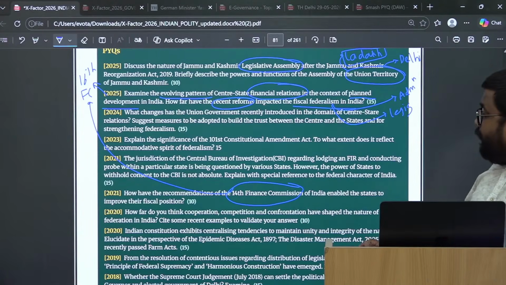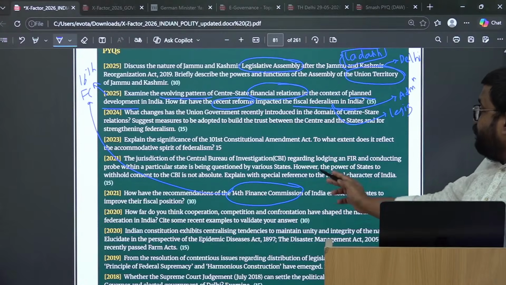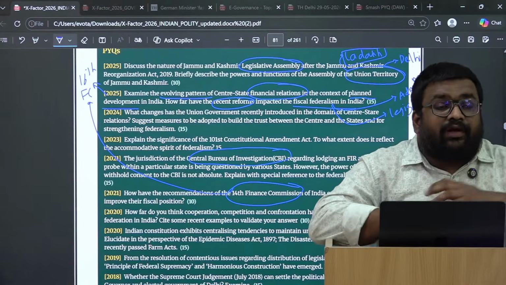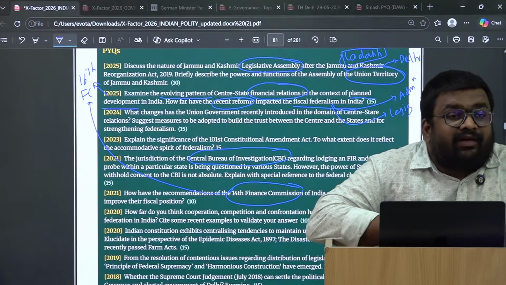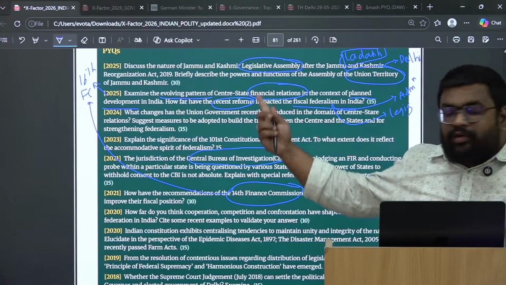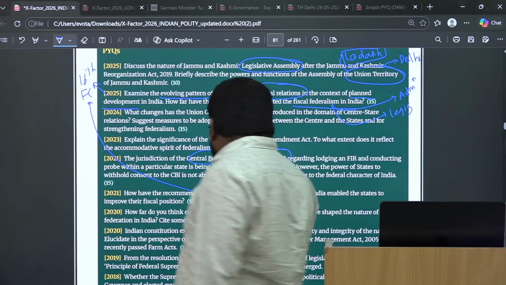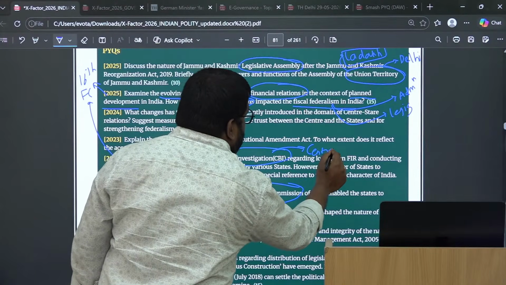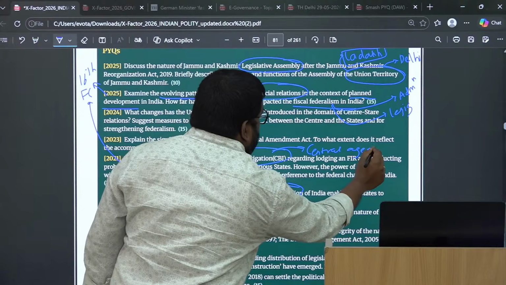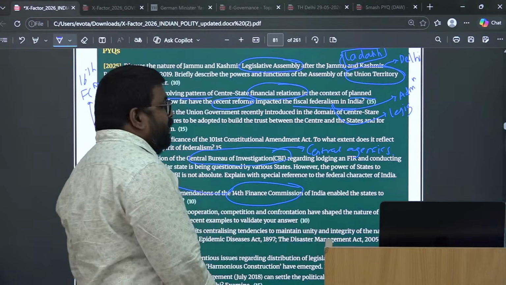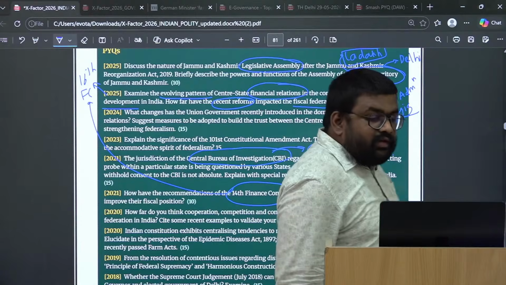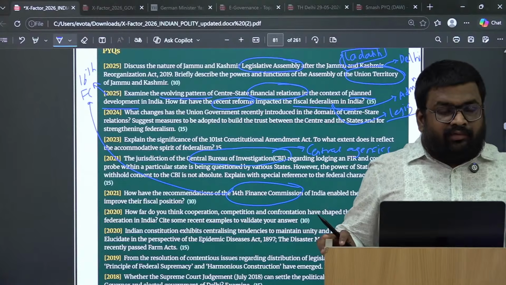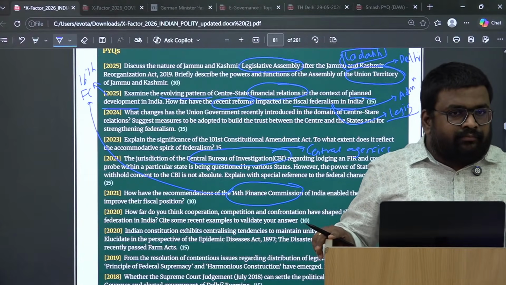So already they have asked with respect to the Central Bureau of Investigation. But even at present, there were news with respect to the misuse of central agencies against state government. So you can expect, identify the theme key you can get this year with respect to the central agencies. Second, with respect to the legislative relations, you can think of कि okay, I can expect a question on 7th schedule, whether it should be revised or not. ठीक है.